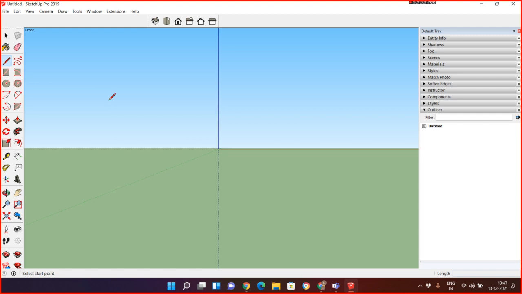So press L. When I type L, you will get the line tool. The L stands for the line command, and when I type L, the line tool will be activated. Now what?